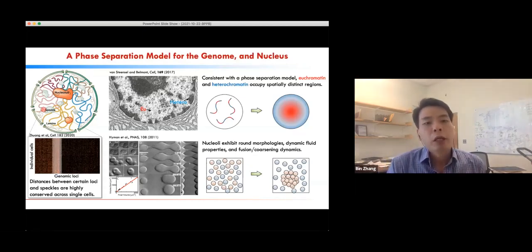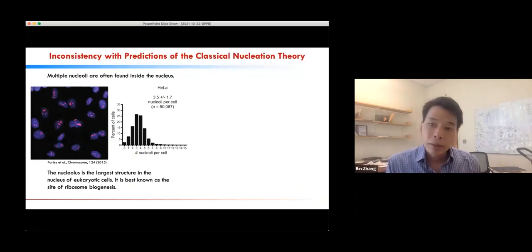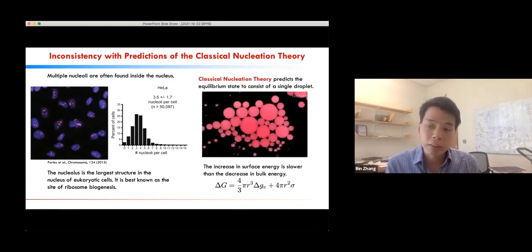Another puzzling observation is the apparent coexistence of multiple droplets. Here the cells are stained with antibody to highlight the number of nucleoli, and this is a quantification of the image shown on the left. So here you clearly see multiple nucleoli. And why is this interesting? It is interesting because it seems to be inconsistent with